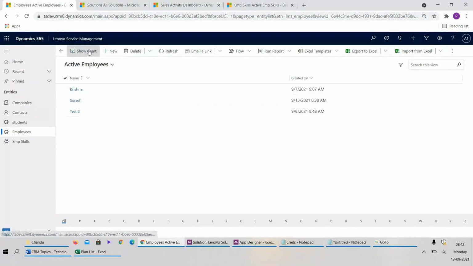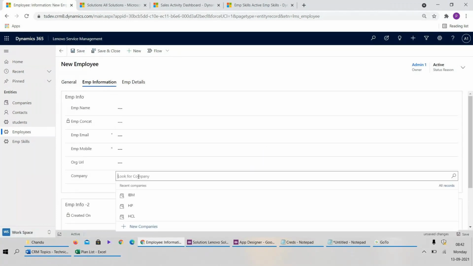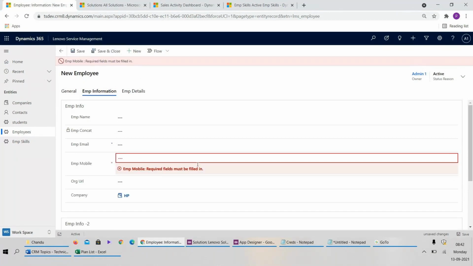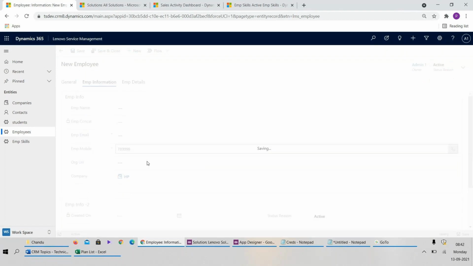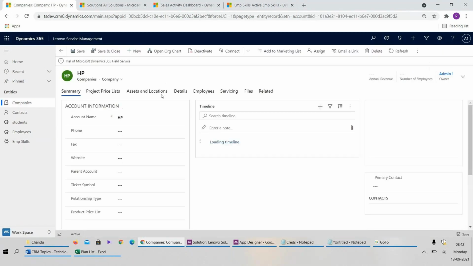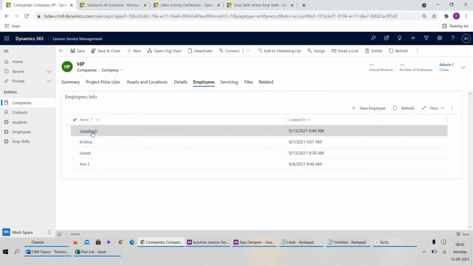So let us create one more user here. Suppose I am giving Jagadish, okay, and save it. Let me take one company name here for him. Let me take HP and save it. And now you go to the company HP, and you see the related employees. It will show you all. But in general, only Jagadish belongs to HP. But all others are also listed here, because